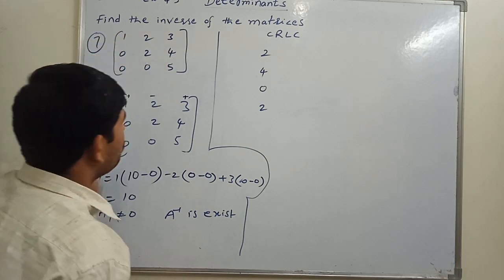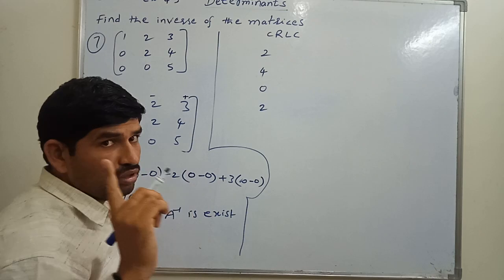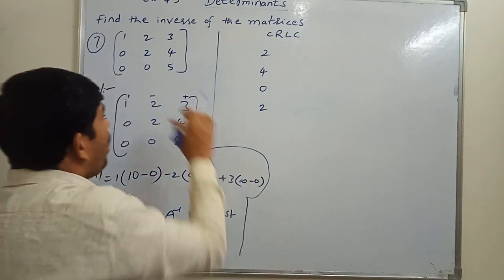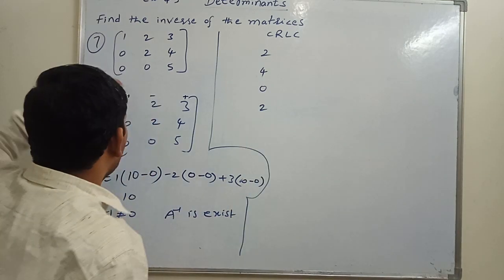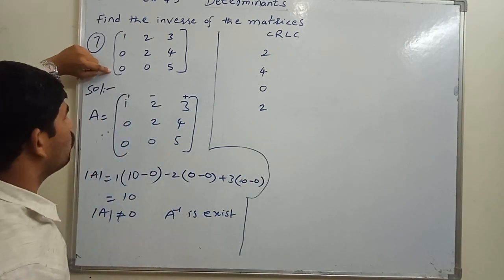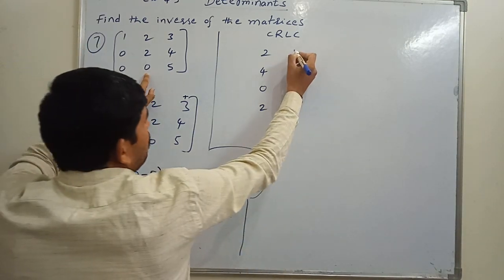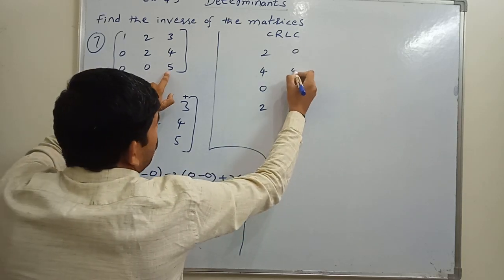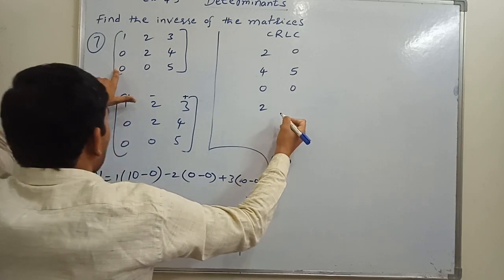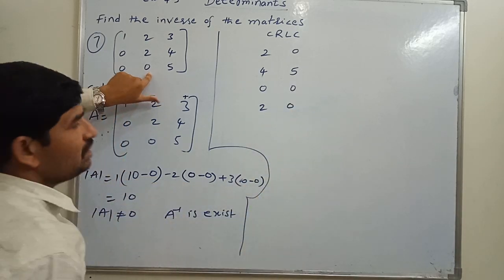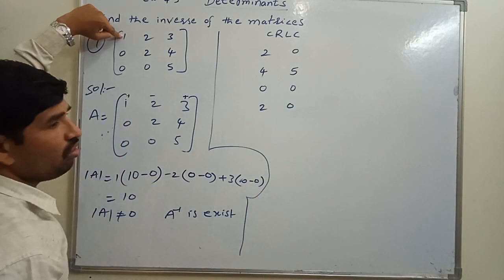Okay, next one. Now you people have to observe in this, whatever the row is there, I am writing that in a column. Now we are taking the second row in the third row. Again we have to see the center one. There, that means 5. Yes. Again we have to go to the left of the center one. Again the center value. Completed.